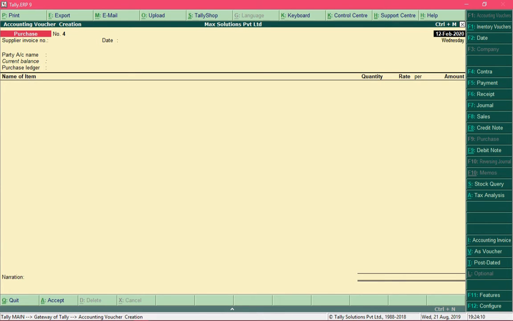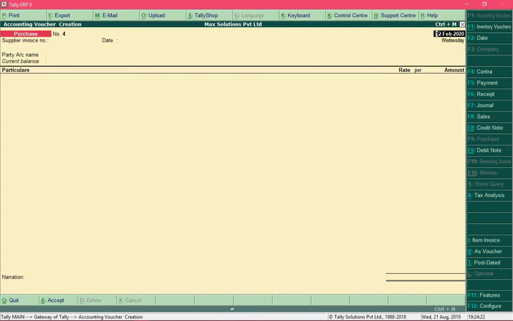To differentiate between both modes, the field quantity will be present in item invoice mode, but when you toggle to accounting invoice mode, that field will disappear. So in this way you can identify which mode you are in.